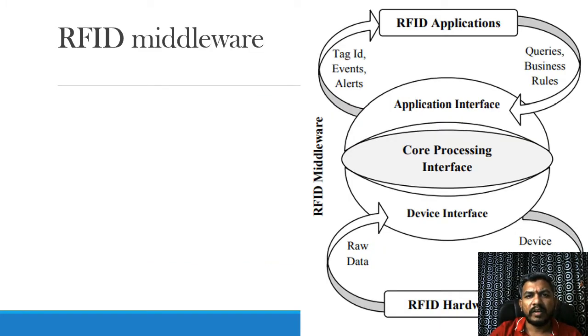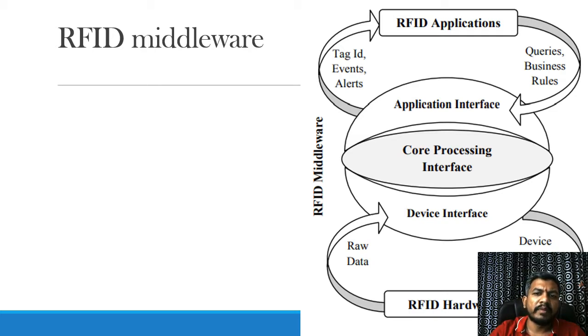Next is RFID middleware. A typical RFID system can have several readers and tags operating at different frequency bands using various protocols, and several different applications accessing these tags via the readers. So it is important to provide seamless connectivity between the RFID hardware and the application by insulating the applications from the RFID hardware. In systems with a large amount of raw RFID data being generated at the reader's end, it is necessary to perform some kind of pre-processing of the data before that information is passed on to the application. Such tasks are performed by the software subsystem known as RFID middleware.